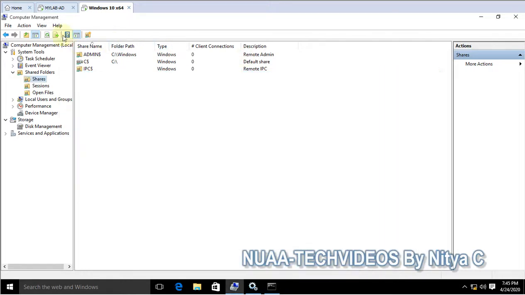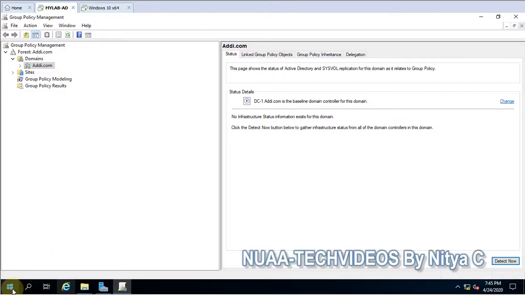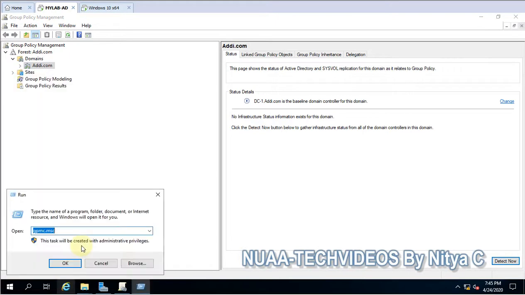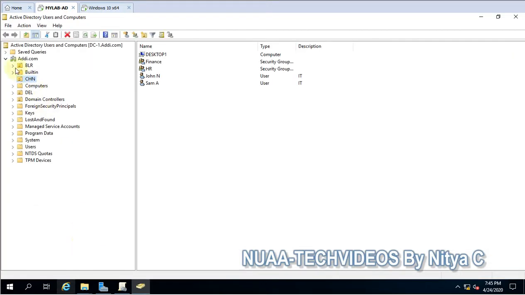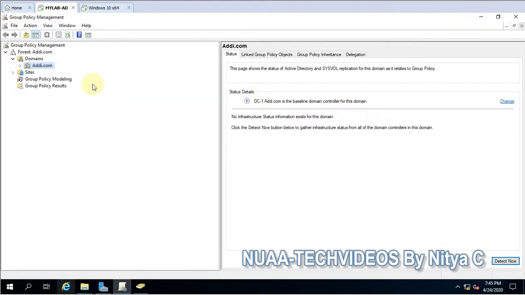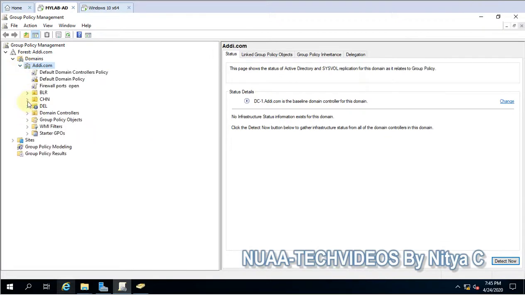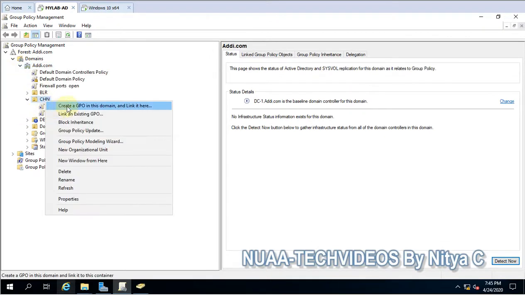Okay, Desktop 1. Check the OU in dsa.msc, where it is, so that we can link the policy to the respective OU. Okay, this CHN is the OU. Let's go ahead, and here we will create a new policy.